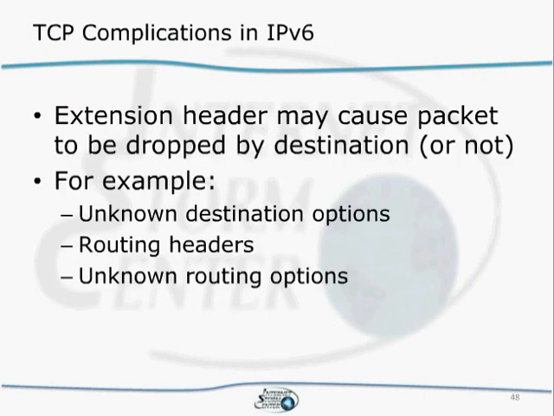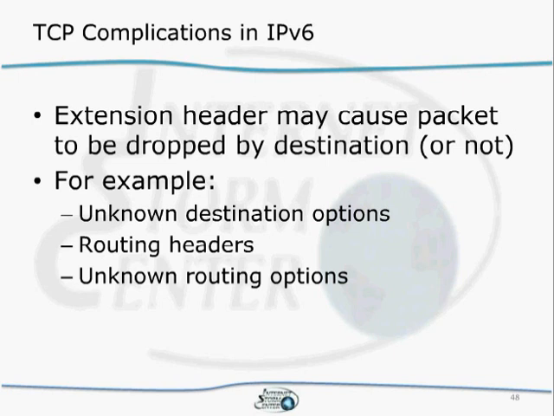And I think just over the last couple of years, really, a lot of IDSs have really grasped how to do this correctly in IPv4. Well, in IPv6, we add a couple additional features that make it actually harder for the IDS to figure out what's accepted and what's not accepted, and these are extension headers. Some of these extension headers may cause the packet to actually be ignored by the destination. So now the IDS, your intrusion detection system, has to be able to figure out